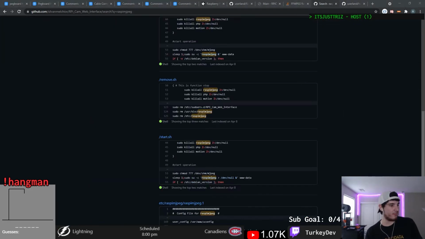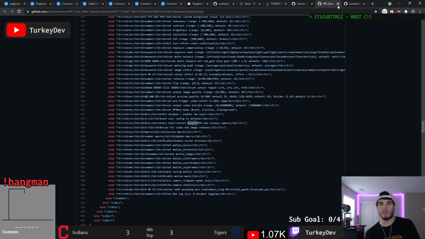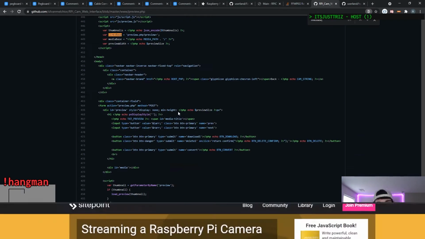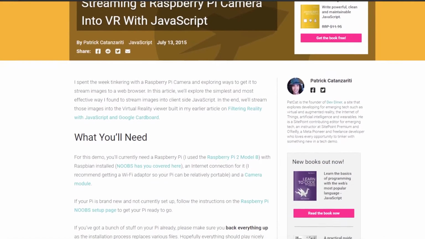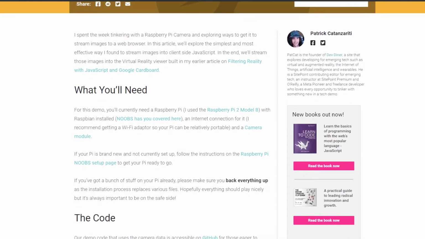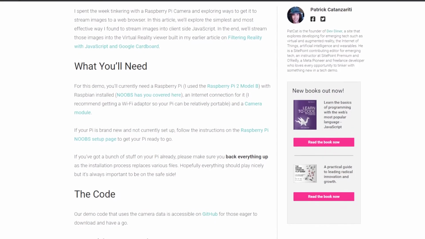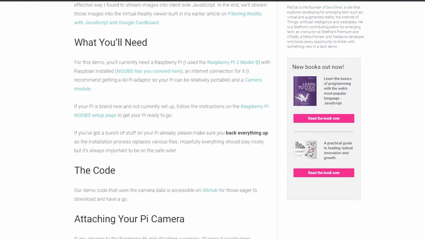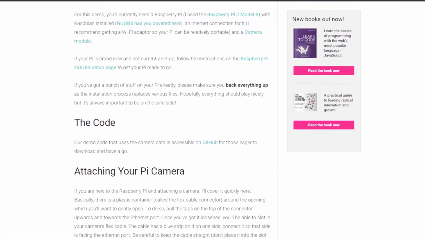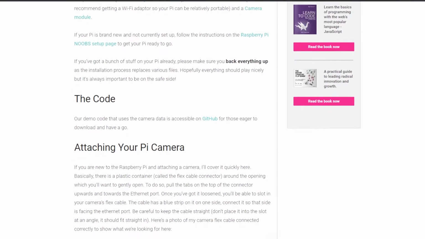Okay, so we have the video feed, but now we have to split it and apply some filters so that it can be perceived correctly in the Google Daydream headset. For that, I went looking around Google and came across this article which actually goes over doing exactly just that. Taking the video from Raspberry Pi and making it into a VR output in JavaScript. Bonus points is that they are using the exact same Raspberry Pi Cam Web Interface that I am basically branching